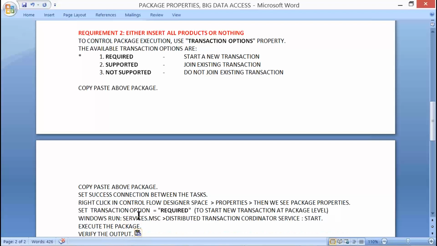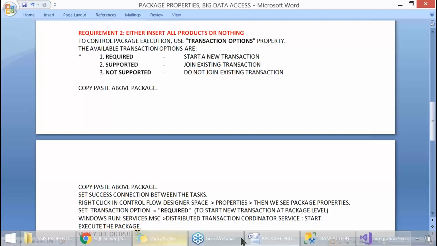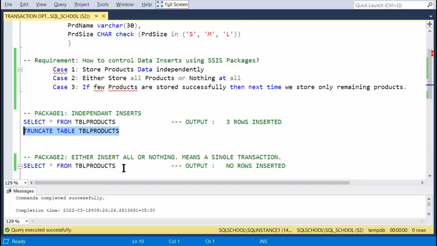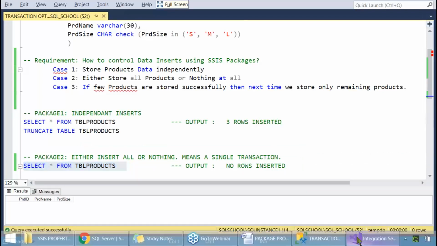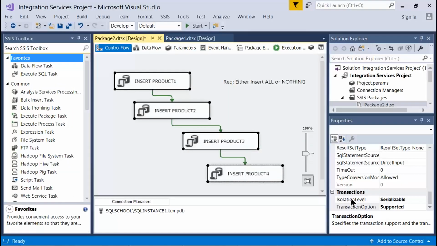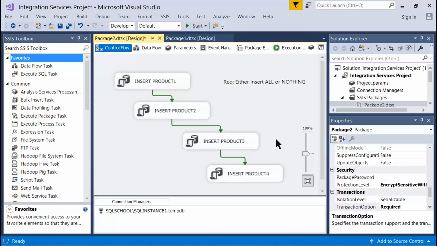Execute the package and verify the output. So initially, right now, the table has no data. Then what we do, first step for the requirement, transactions: the package level property is required to initiate the transaction. Then go to